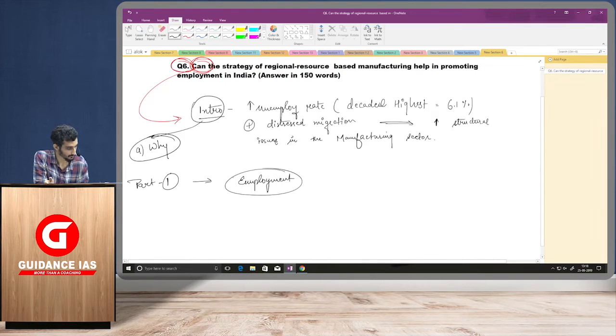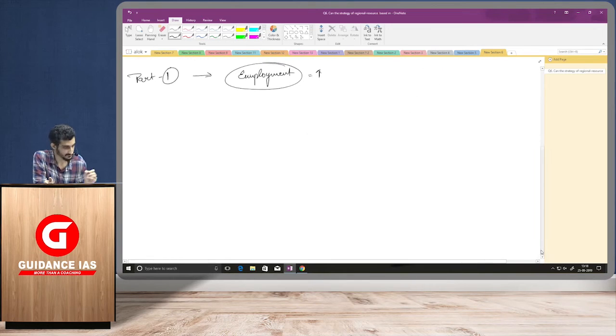So how is it increasing employment? If we procure resources locally and manufacture locally, then the village economy will become more circular and more resilient, and therefore the rural and regional economy will become more resilient, and it will lead to less disguised unemployment